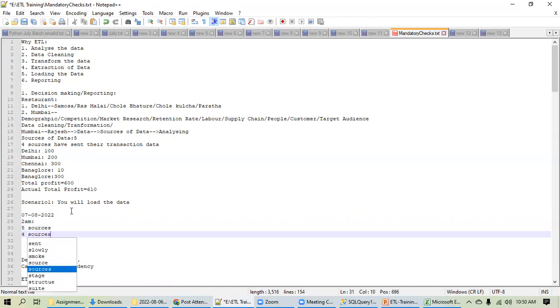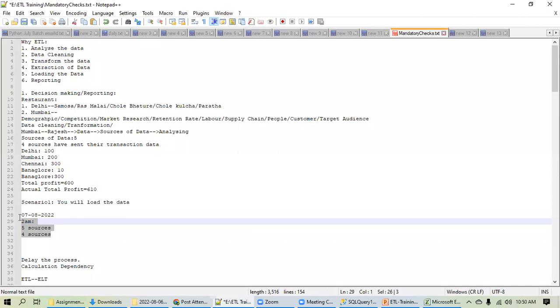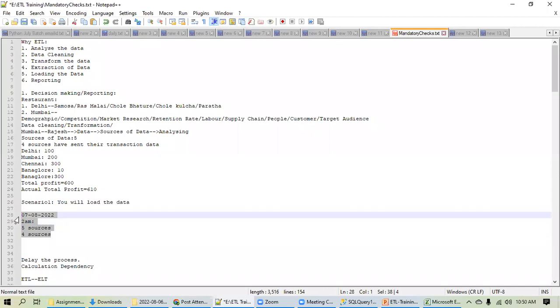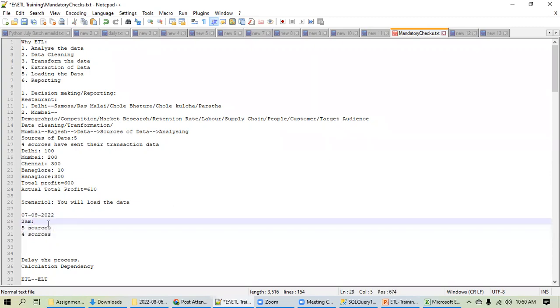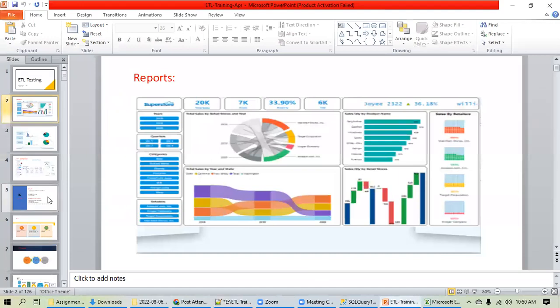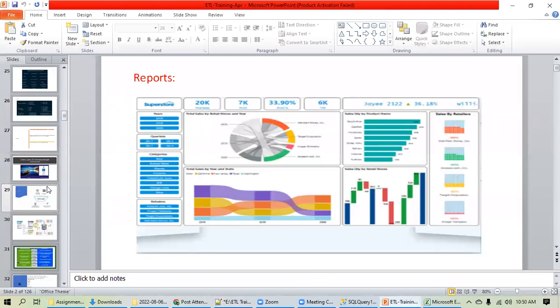Okay, now tell me one thing. As per the discussion, this is clear that data should not be loaded, and I hope it is clear why I'm telling data should not be loaded, right? Okay, now tell me what should be the behavior of your job. It should pass or fail. Okay, what is pass and fail? I will tell you one thing, but first of all let me tell you, I have one point here.